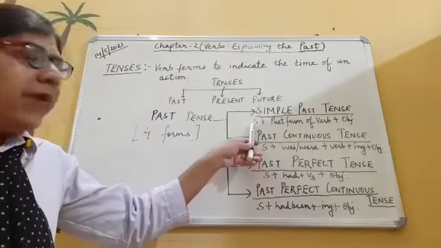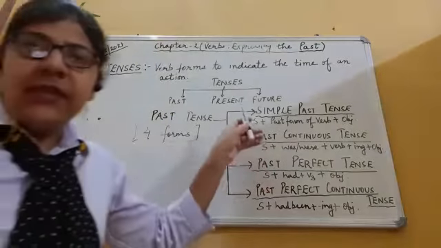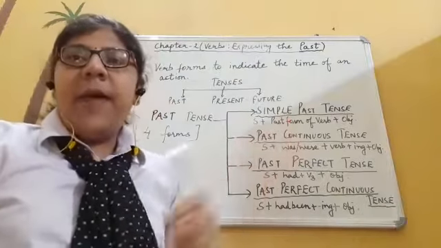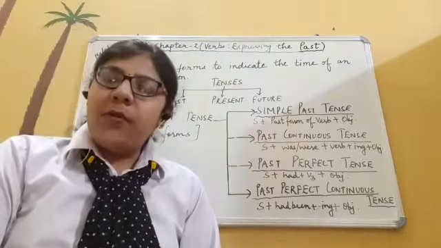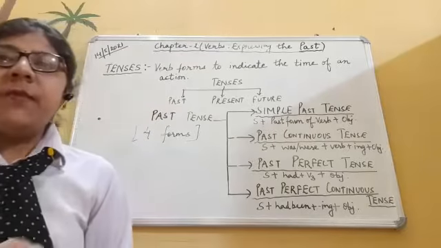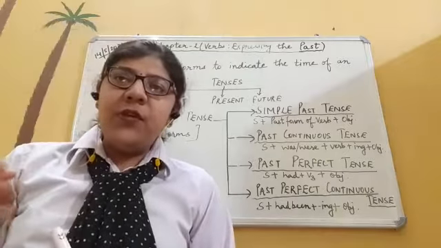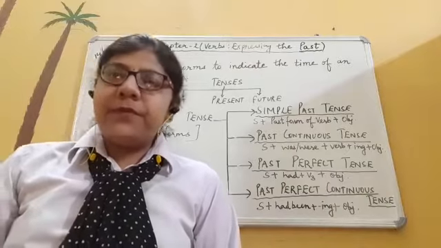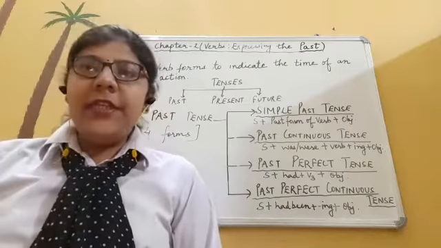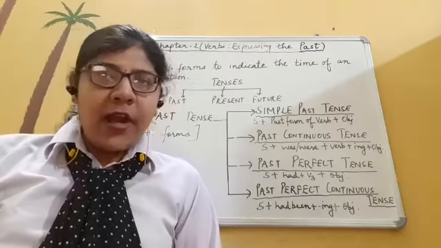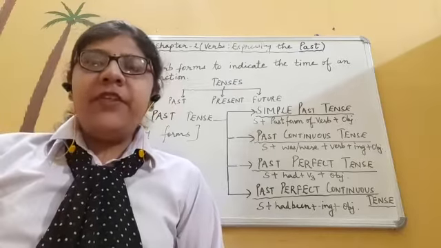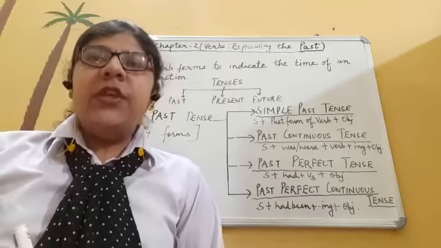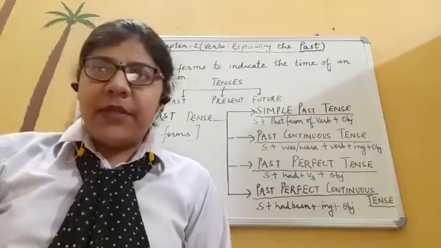Okay, so please remember that in the simple past tense, we need to use the formula: subject plus past form of the verb plus object. Every time in the simple past tense, we have to use the past form of the verb only, not anything else. It may end in ED or IED, but it is not hard and fast. It may have special forms also, like took, ate. So many other forms can be there.